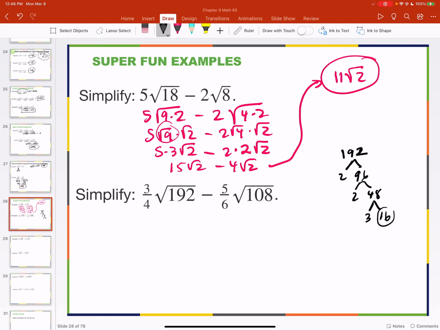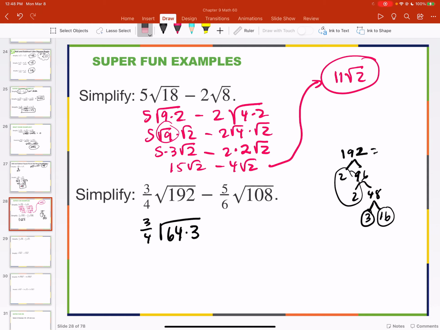This is already a perfect square, and this is a pair of perfect squares. So I can think of this as 192 divided by 3 would give me 64. So this is going to be 3/4 times 64 times 3. Basically how I came up with that, I said, oh, this is a pair, so that's 4. So really this is 3 times 4 times 16, and then 16 times 4 is 64. So then, minus, and then 108